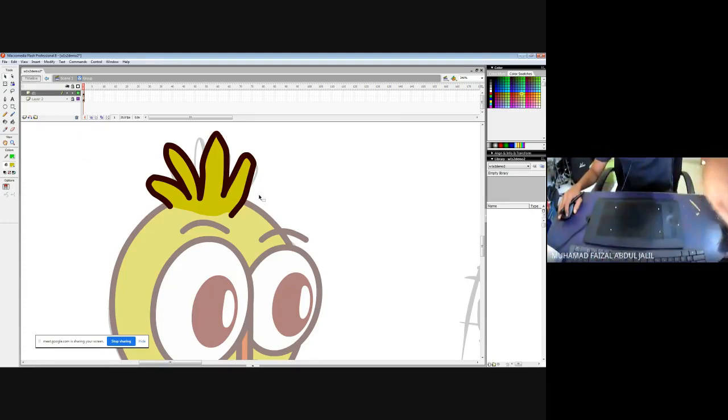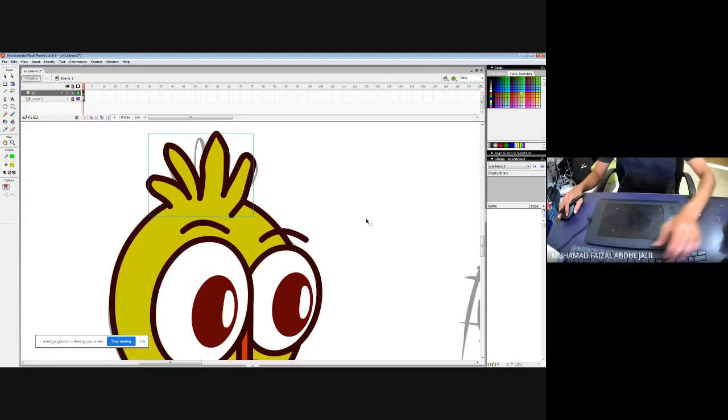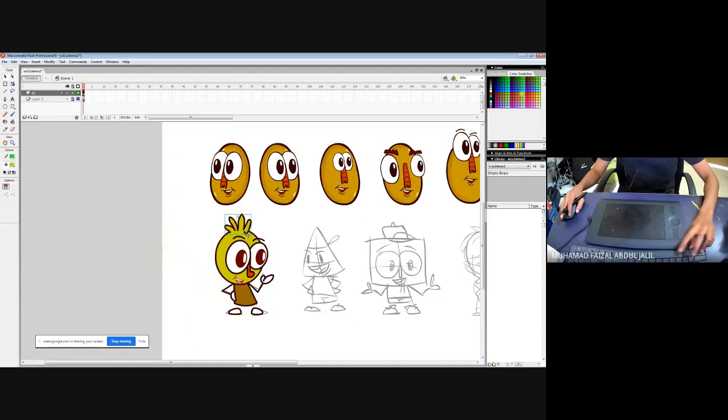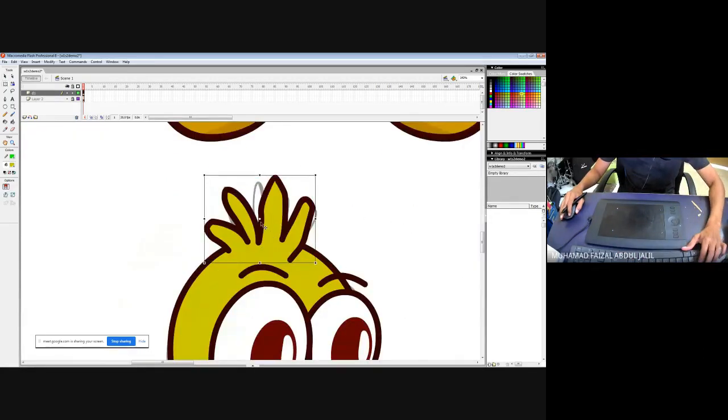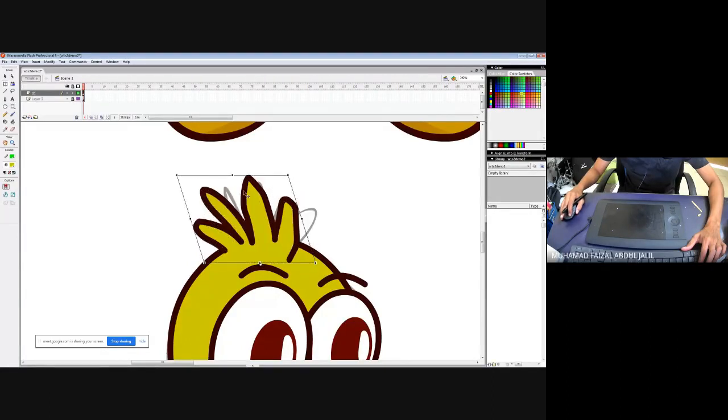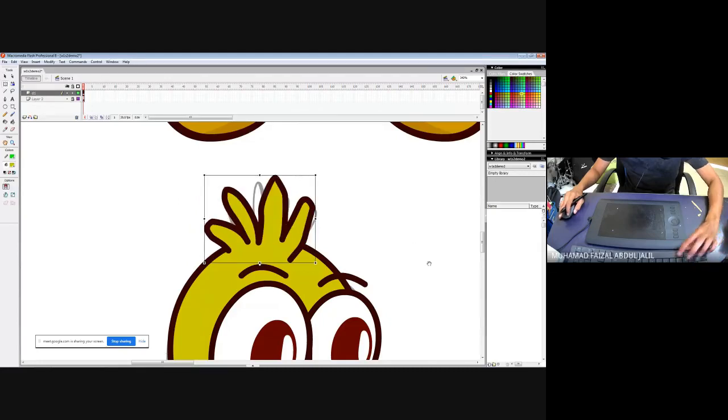So yeah, line it up. Okay? But I group them up there. Okay, why do I group them up? Because later on, let's say that I'm going to animate this one there. Right? See, you can animate that easily. Right, frame by frame if I want to.